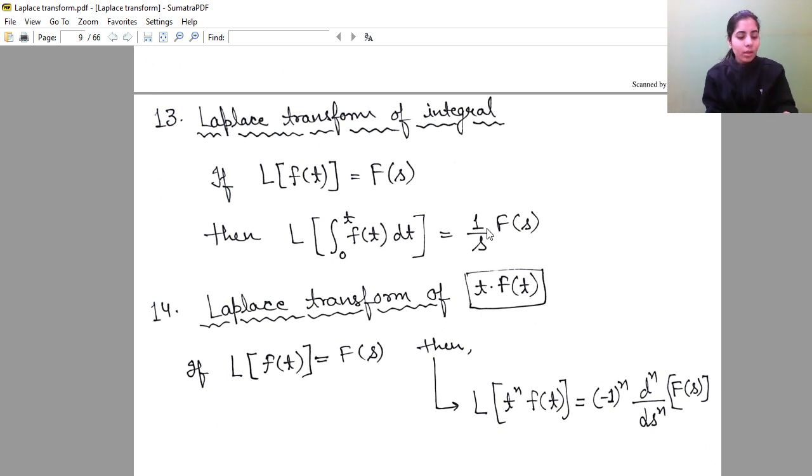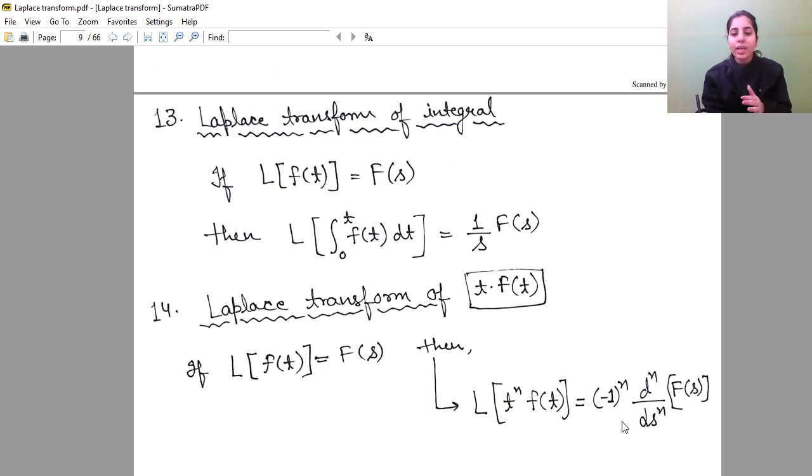Clear? Next, I'm going to talk about the next important expression, which is the most expected one. You can expect questions based on this particular formula in the exam. So what is that? That is t into f(t). If t, or t squared, or t cubed, or any integer power of t is multiplied with the function of t, as you can see here, t to the power n